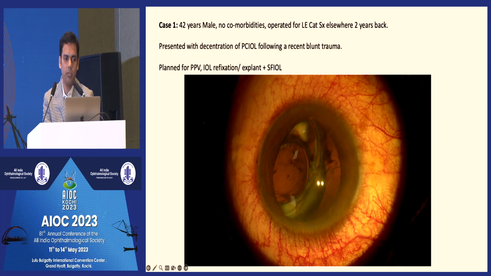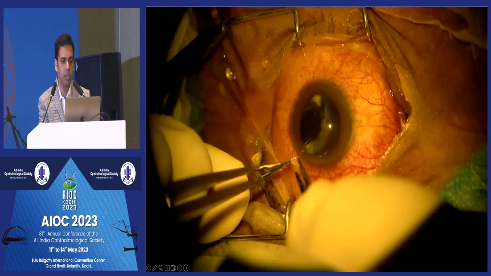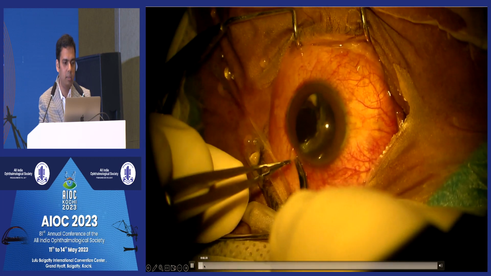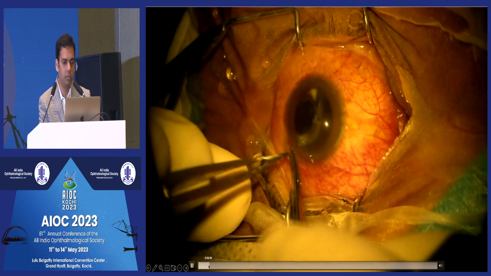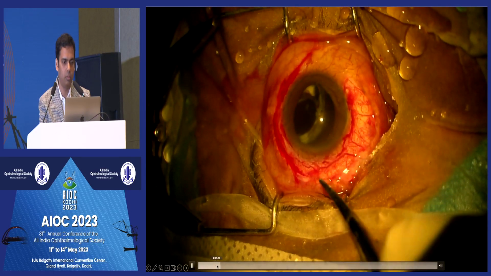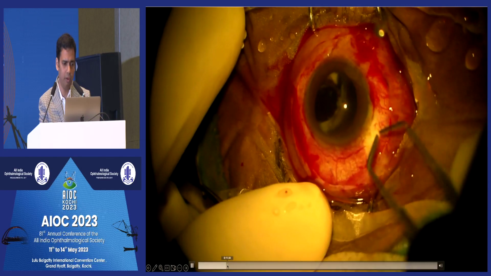The first patient was a 42-year-old male, no comorbidities. He was operated for left eye cataract surgery elsewhere 2 years back and presented with decentration of PCIOL following a recent blunt trauma. So I planned for PPV plus IOL refixation or explantation plus minus SFIL. Again, the case was started by my fellow. At the beginning, peritomy was done, probably because they did not feel that the support was enough. So SFIL was planned. After gentle cautery,